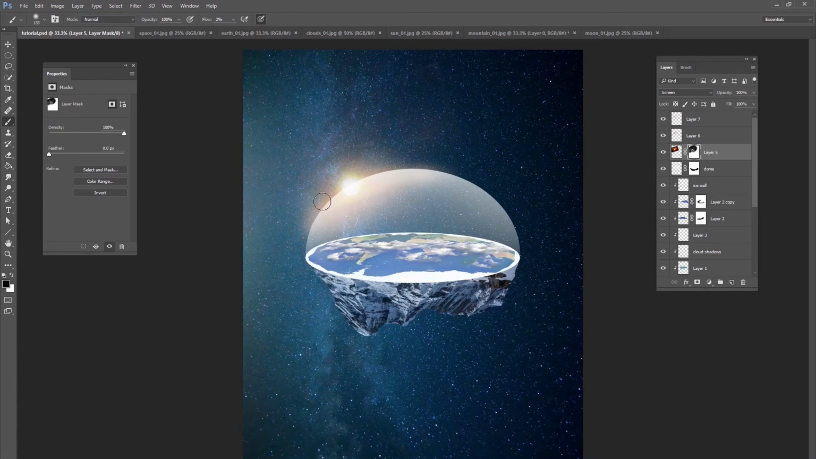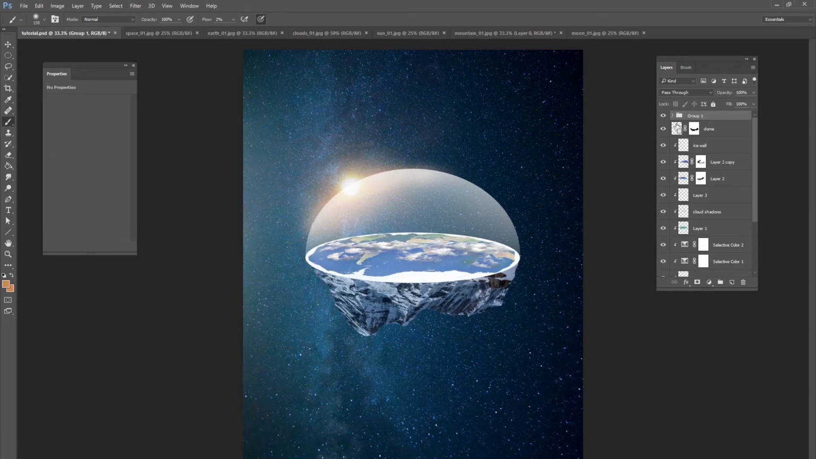All right. Looks good. So we have our sun, and then we have some of these little glows in here. I'm just going to put them in a group and call this sun. And so here's our sun, our main part of our sun going across the dome, and it's going down into